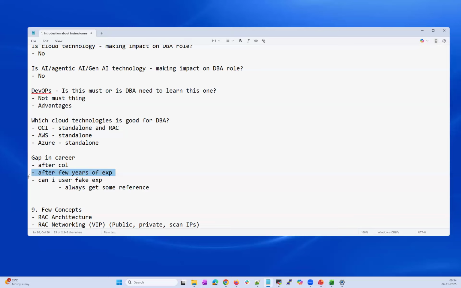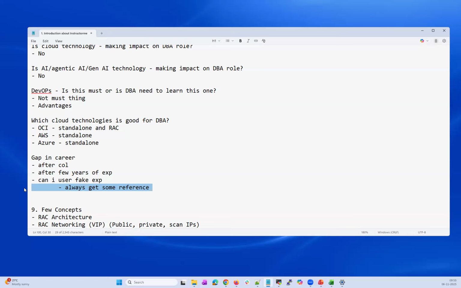But again, if you have that kind of gap, always try to get an internal reference. Meaning my brother is working in some company, my uncle is working in some company, or my close friend is working in some company, so get in touch with them and try to get an internal reference. With that internal reference you can easily get a job in their organization even if you have this kind of career gap.